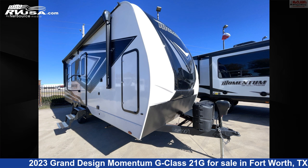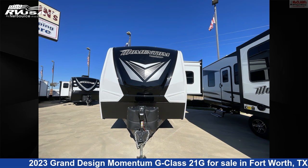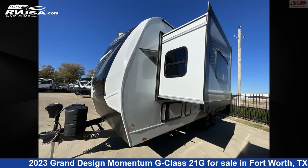This 2023 Grand Design Momentum G-Class 21G is a toy hauler RV. It is located in Fort Worth, Texas, 76140 and is offered for sale by McClain's RV Fort Worth. This new Grand Design is 26 feet 11 inches in length and features one slide-out, sleeps 6, stove-top burner, auxiliary